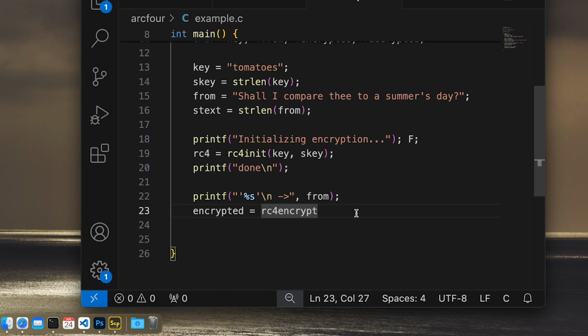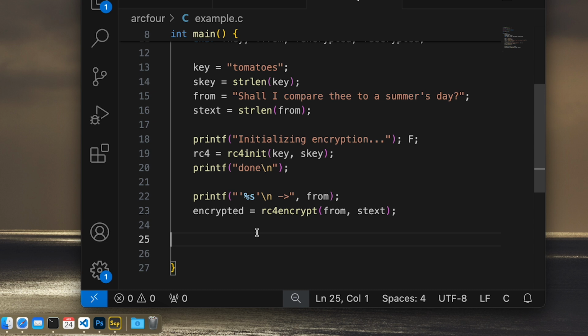So the encrypted variable will be equal to arc4 encrypt, and we will send in the from text, and we will also send in the size of the text, like so. And this is a function which shouldn't be able to fail,